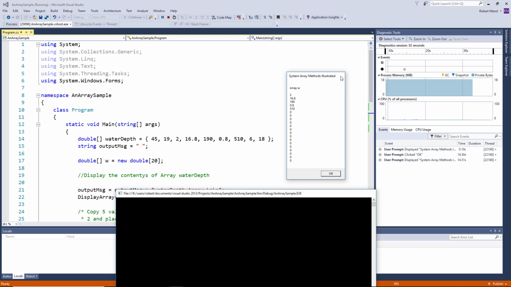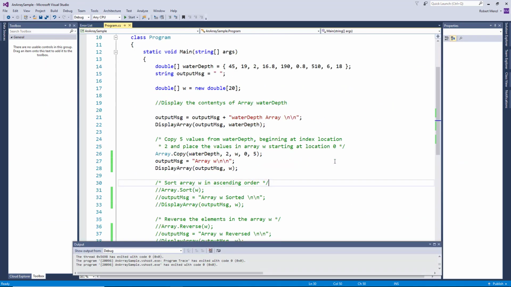Now, I'll show you there. I'll get out of it that way. So that was the method of copying. So I copied the elements starting at 2 from water depth, and I'm placing them in array W starting at 0, and I'm doing 5 of them, 2 to 510. Okay,